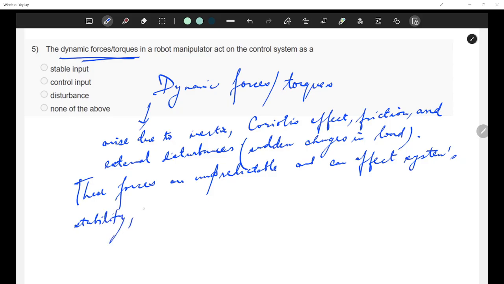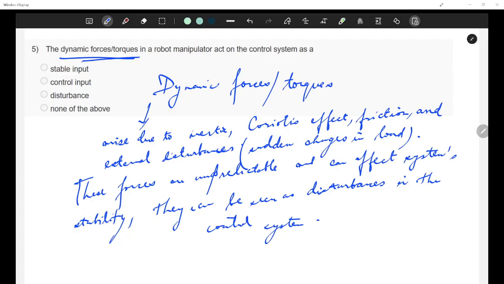So they can be modeled as disturbance. They can be seen as disturbances in the control system.